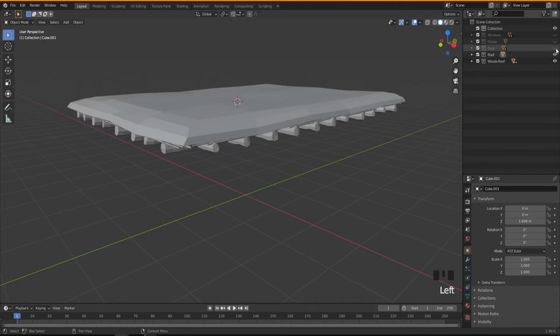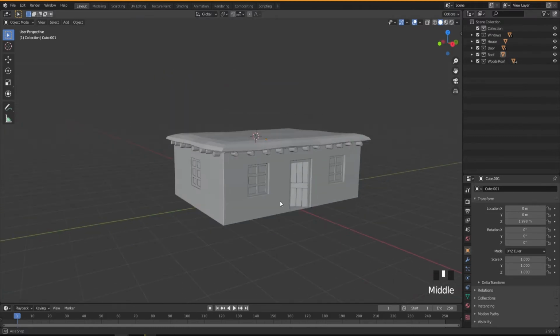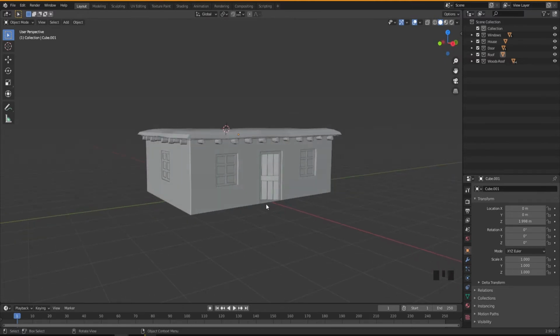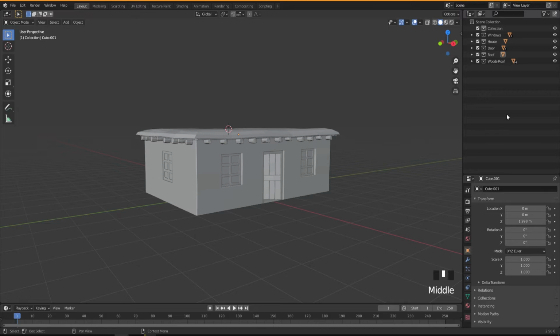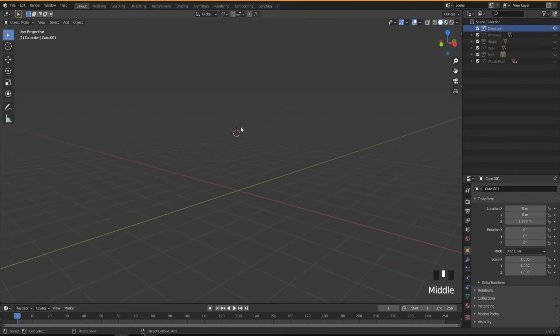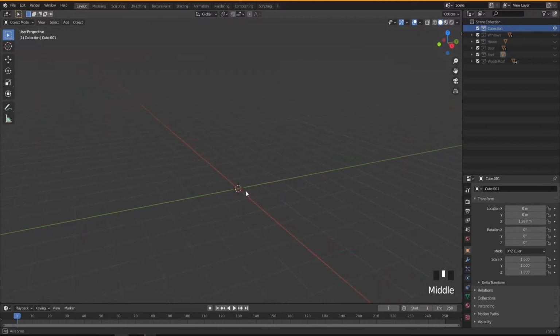So now we have all the different collections for our scene, and then we're gonna carry on to build our next object. So I think I'm gonna build a tree in this video. So let me hide everything for now, because it's gonna be cleaner and much better to work with. And I'm gonna move our 3D cursor into the center of the world. So right click, then snap, and then cursor to the origin like this.